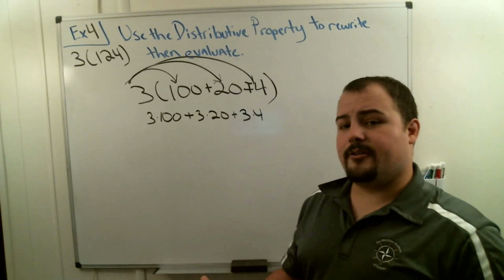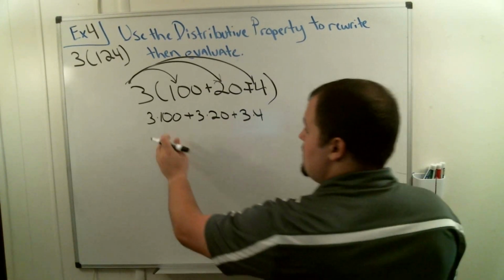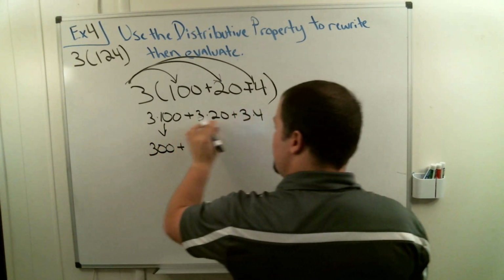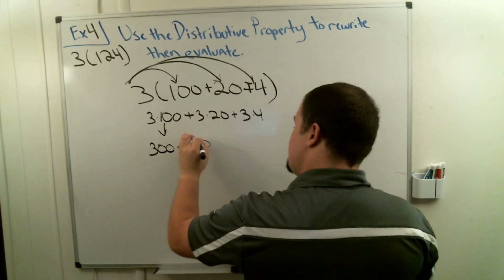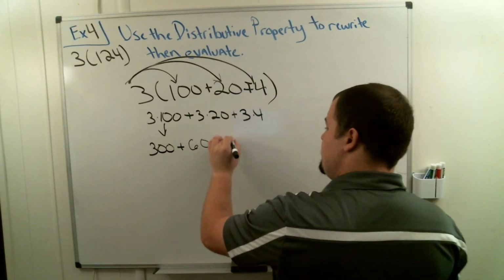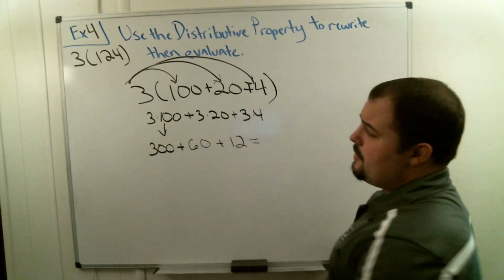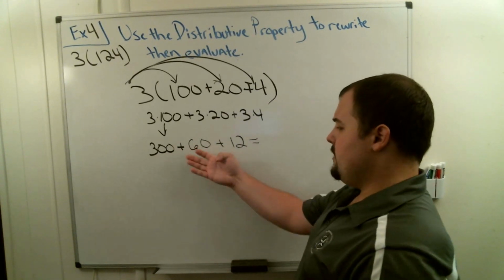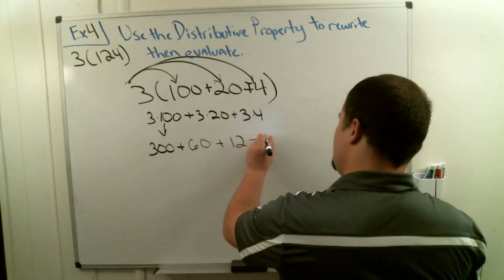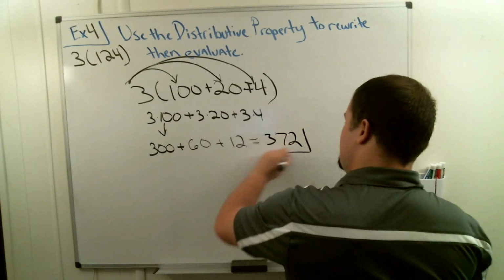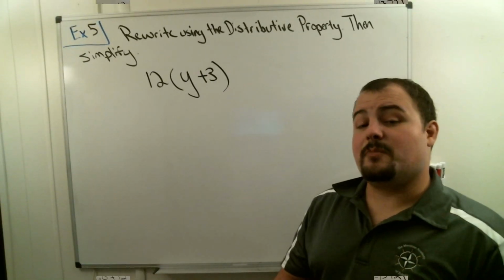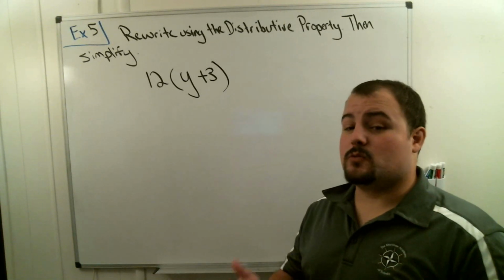So 3 times 124. 3 times 100 is 300. 3 times 20 is 60. And 3 times 4 is 12. So if I had 3 times 124, I'd have 300 plus 60 plus 12, which equals 372. Pretty cool, huh? In example 5, we're going to figure out one of the main reasons why we actually